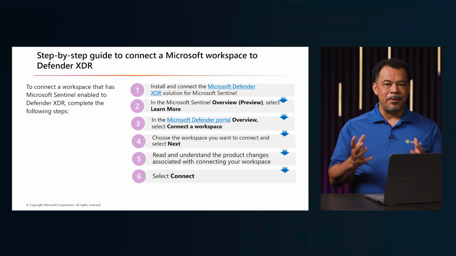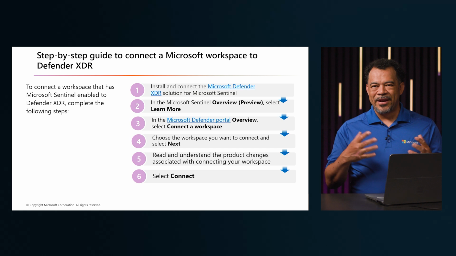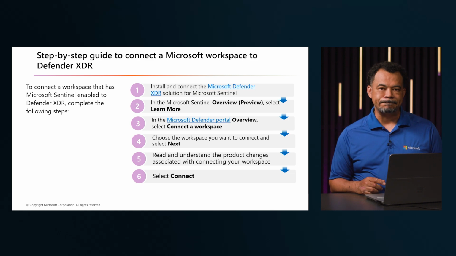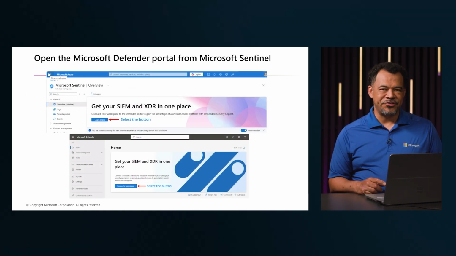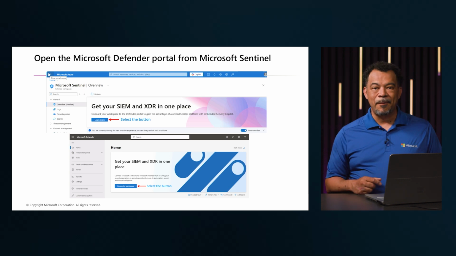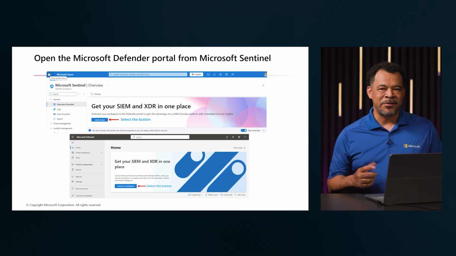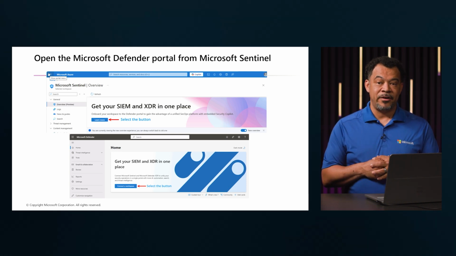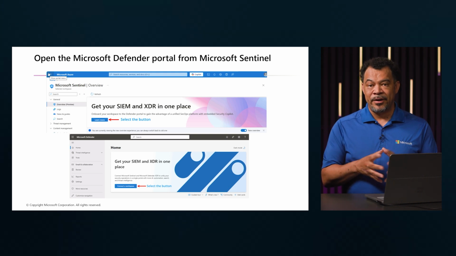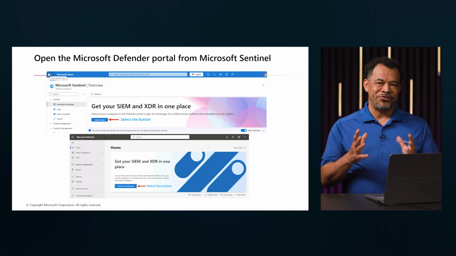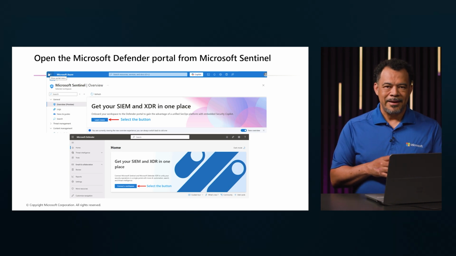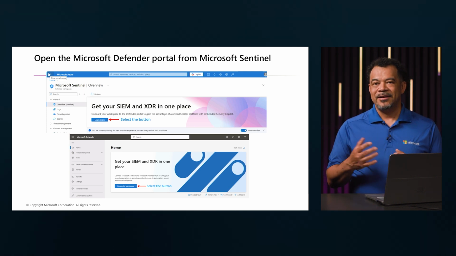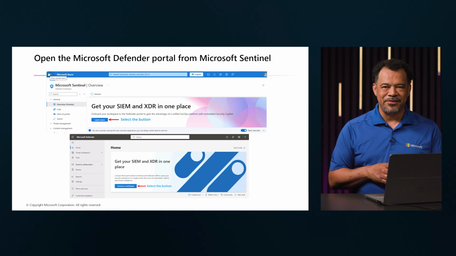The overview page is updated with new sections that include metrics from Sentinel, like the number of data connectors and automation rules that you have. You can easily launch the Microsoft Defender portal directly from Microsoft Sentinel's overview page by selecting the highlighted button. The action connects your Sentinel workspace to Defender XDR, giving you a unified security operations experience with integration for SIEM and XDR capabilities. It's a quick way to streamline your workflows and take advantage of features like Embedded Security Copilot and centralized incident management.